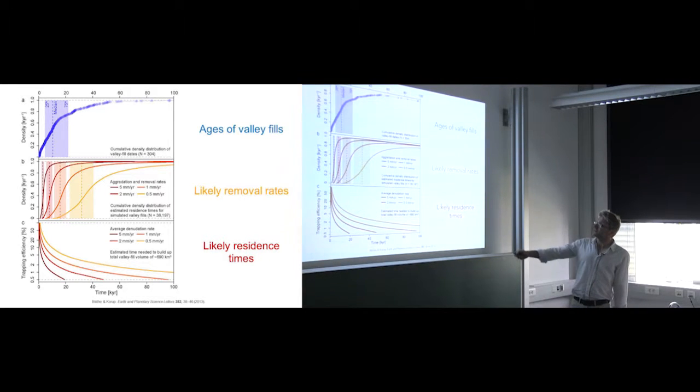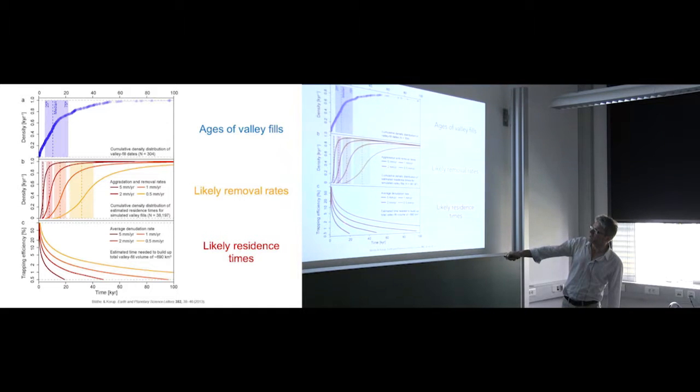And the whole idea of this exercise is now we can see which of these different scenarios fits the observed ages of the valley fills the most. So in that case, we would say it's probably most reasonable to assume something between 1 and 2 millimeters on average of removal rates or aggregation rates, if you want to return this,